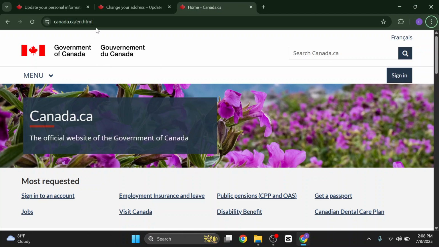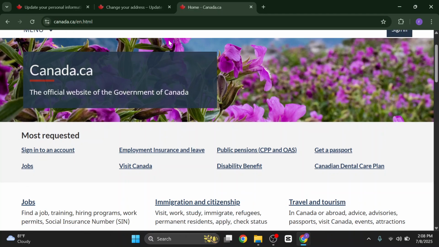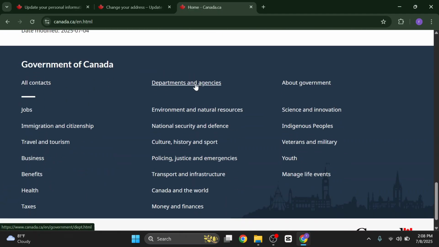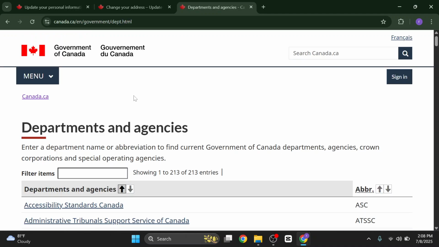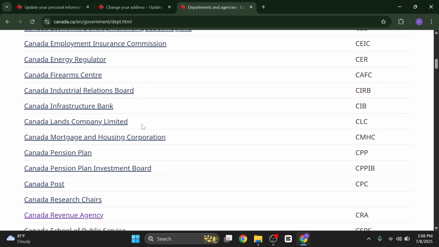So first of all, you need to open a new browser tab and search for canada.ca/en.html, the official website of the Canadian government, and then you have to scroll down, and on the last section you can see the departments and agencies. You just have to simply click on here and scroll down and search for the Canada